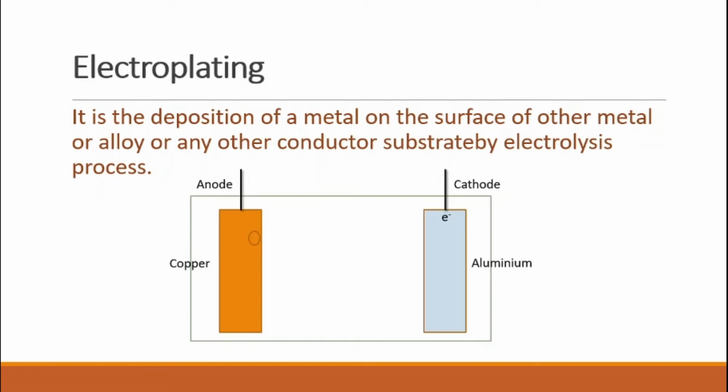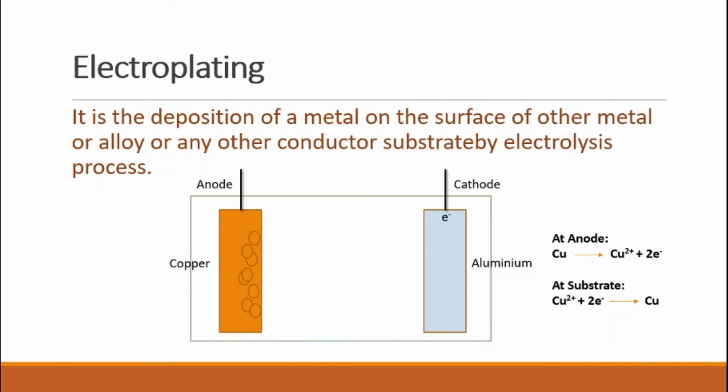Now, by the basics of the electrolysis process, you understand that at the anode oxidation takes place, and at the cathode reduction takes place. Now, if you look at the process when electricity is supplied through the anode and cathode, this is what you're going to see. At the anode, the copper atom is going to lose 2 electrons to get converted